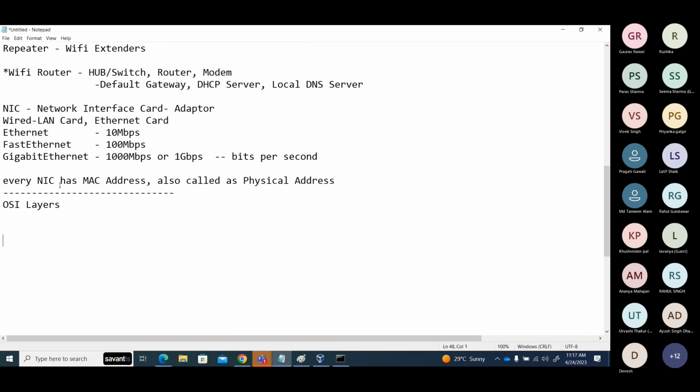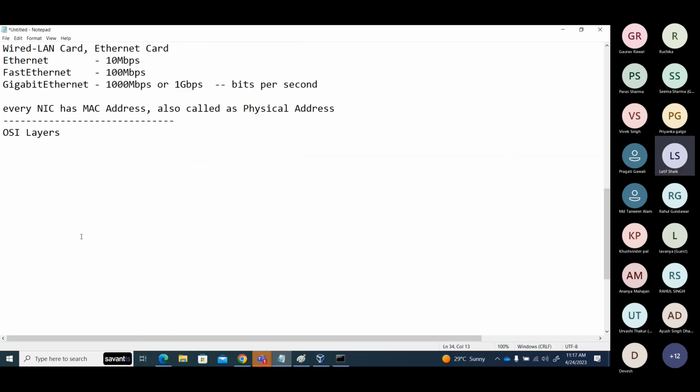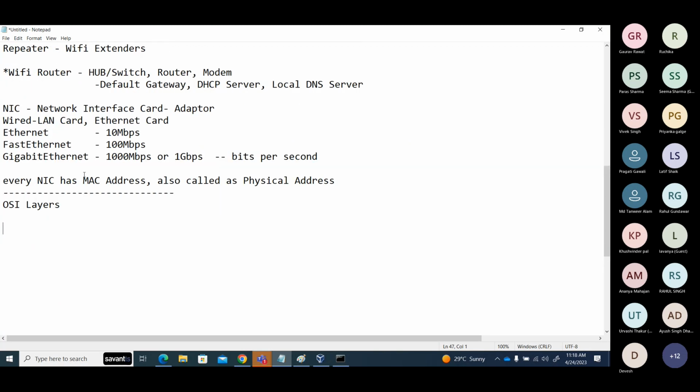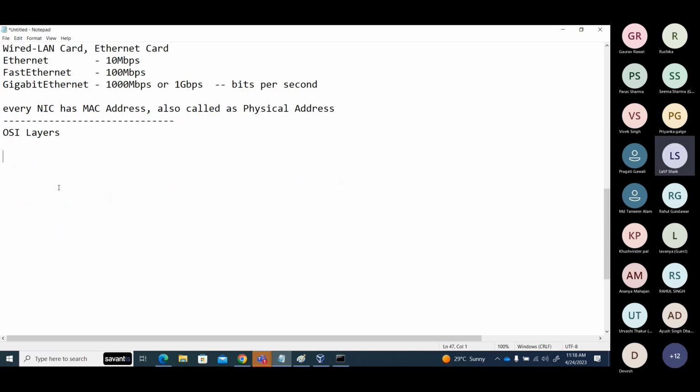About your Wi-Fi router. What are the features? What are the things that can be in your Wi-Fi router? In modem also, ADSL router, ADSL types of modems also. Next one, most commonly asked, is